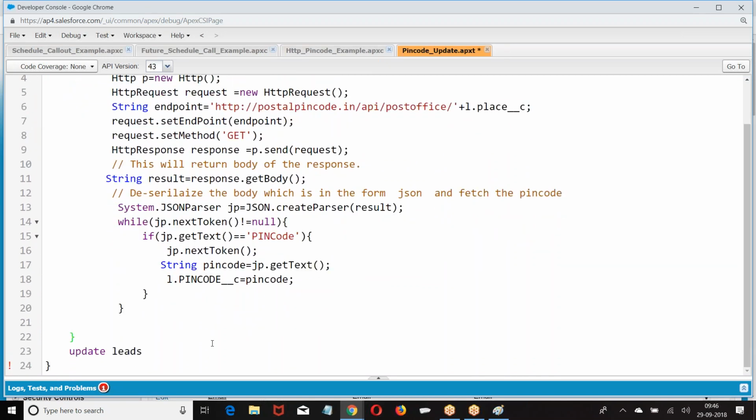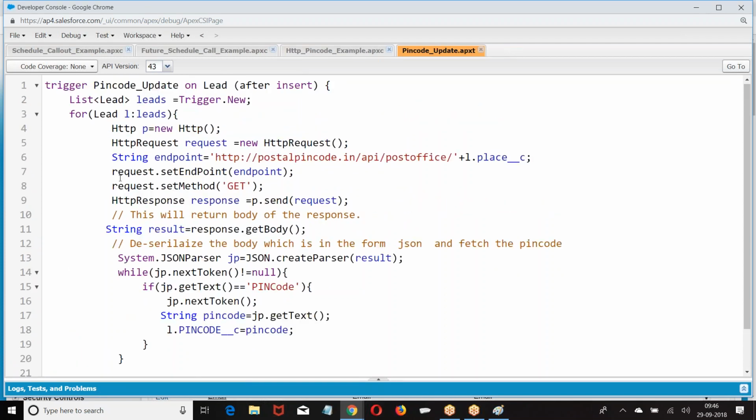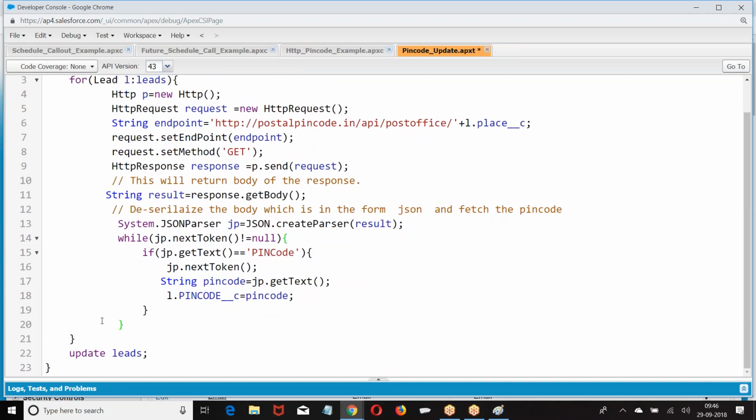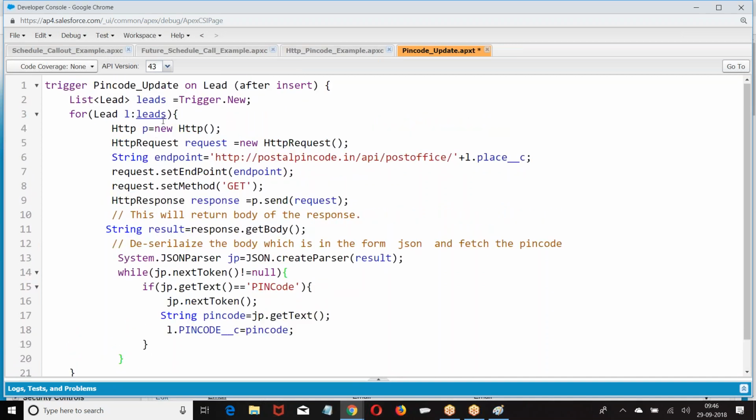Semicolon missing. Right. So we made a web service call from the trigger. Once the lead record is inserted, take one by one lead, make a web service call to third party, update your data.